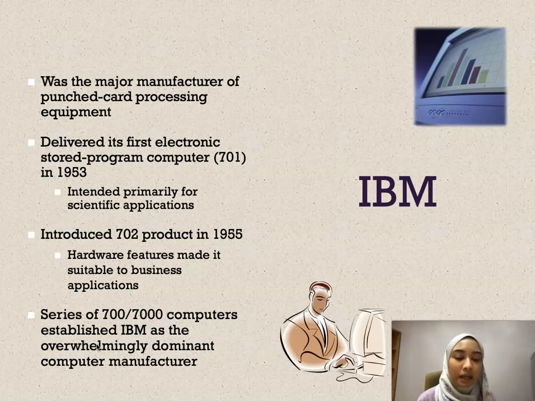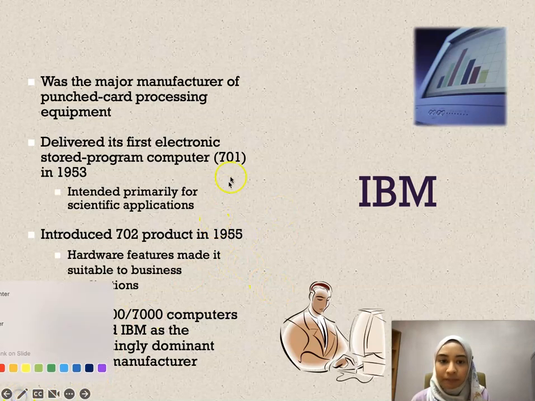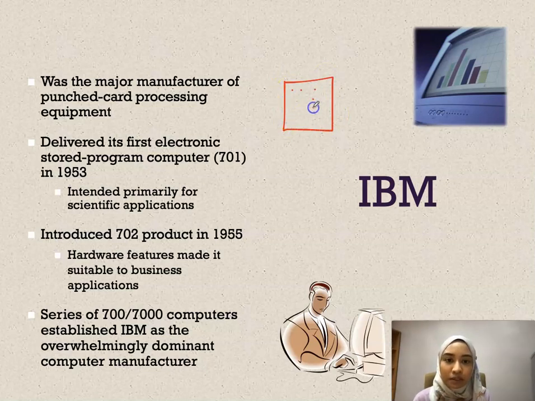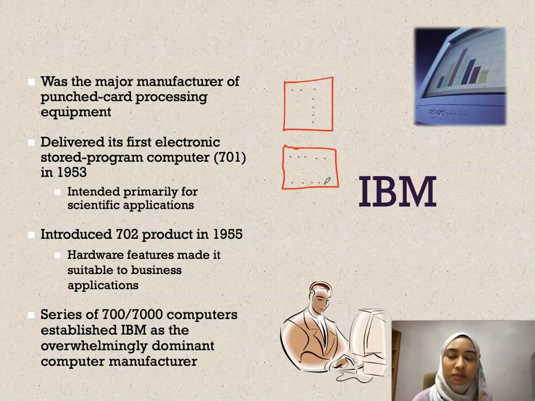For example, let me draw something. Okay, so I have this punch card. This punch card belongs to me. I make these holes. My holes are like this, for example. And in my class, we have another person, I still don't remember your names. Let's say Faidi. So Faidi's card is like this. Okay, so we have two different cards. When I slot in my punch card, the holes tell my machine